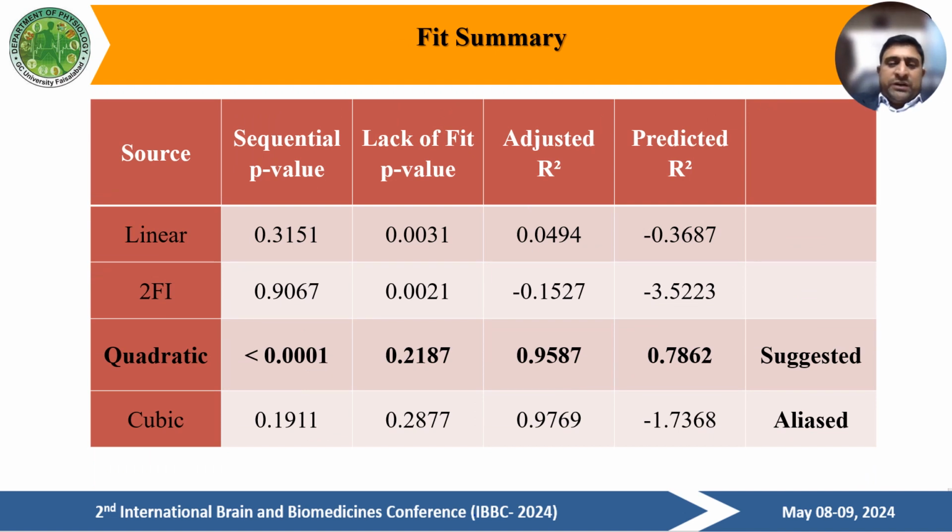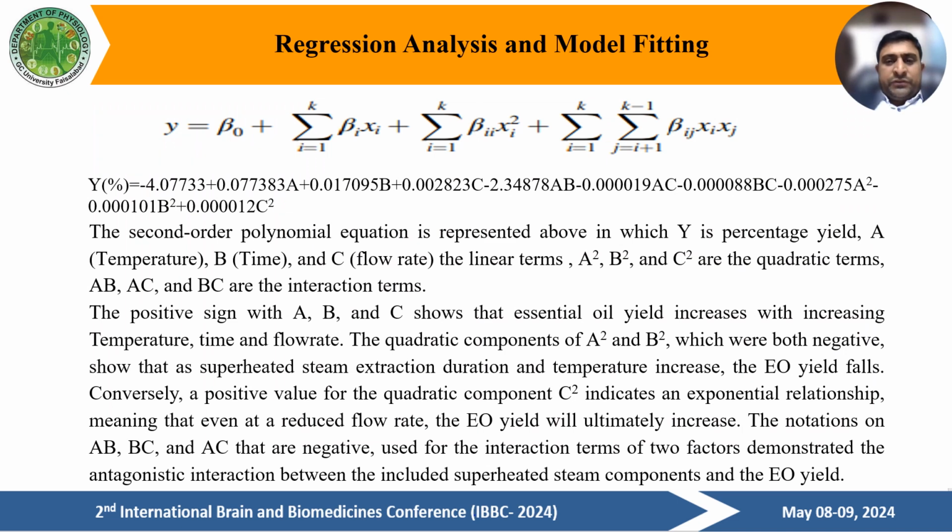The summary fit shows that the quadratic design was the best for the optimization of essential oil, and the regression analysis model equation shows that the positive signs in these equations show that they have a positive effect on the yield. If we talk about the second-order polynomial equation represented above, where Y is the yield, A is the temperature, B is the time, and C is the flow rate. A square, B square, C square are quadratic terms. AB, AC, and BC are the